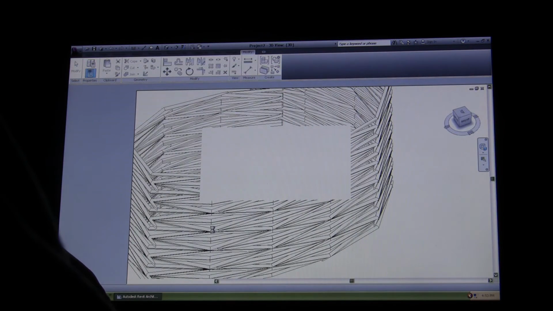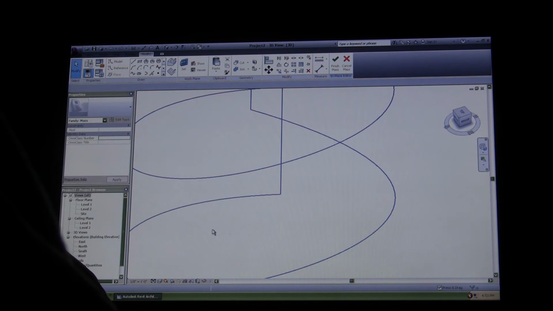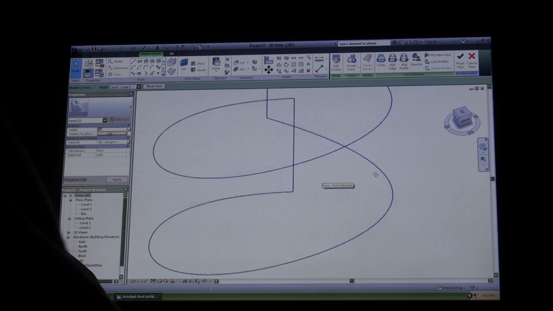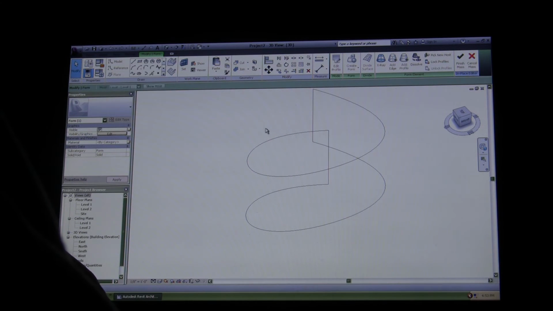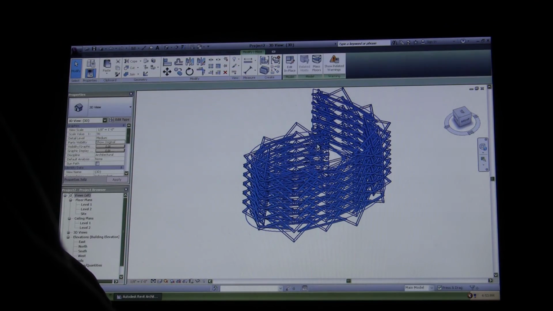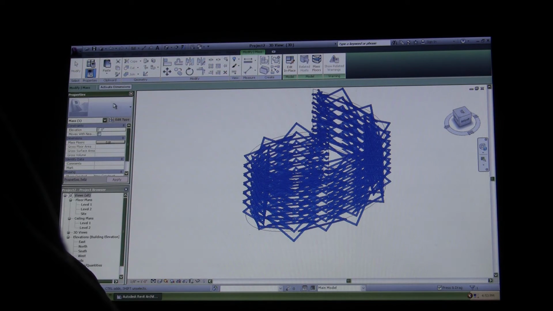So we're gonna load this again, overwrite it. And as you can see now, it's even worse than it was before,